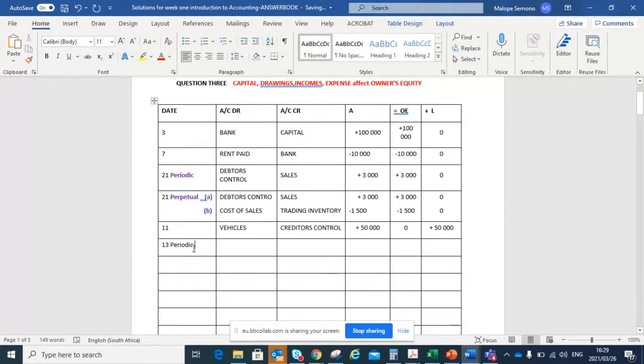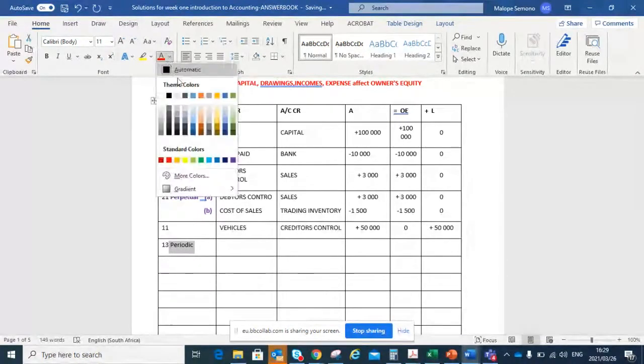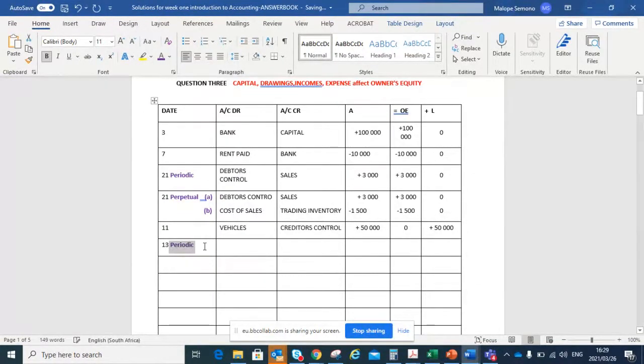So the periodic, remember you're not selling, so don't worry about having 4 accounts or 2 accounts. We only have 4 accounts when we sell, okay? So here, under periodic, firstly, I'm going to have bank. Please, for the time being, think about which columns I will affect, okay? And I'm going to have purchases. Remember, that was the periodic. So tell me which columns will I affect and how, okay?